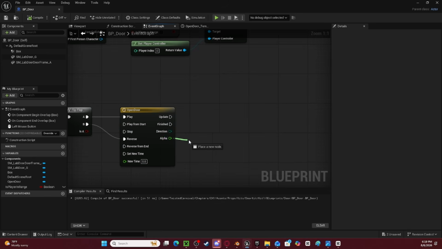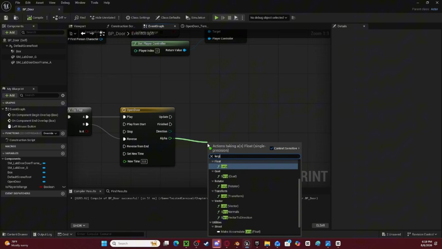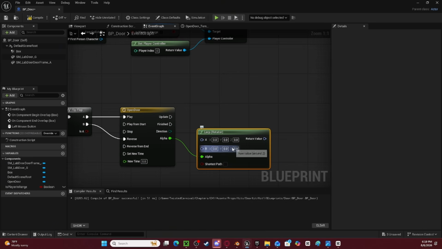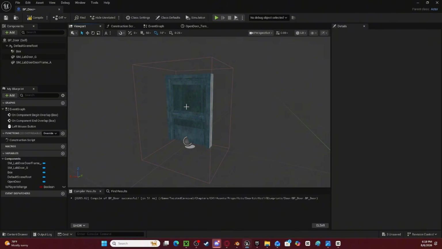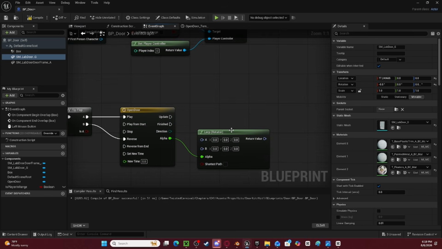On Alpha, you are going to get Lerp Rotator. I'm going to keep the A the same, but you can output your values, go to the viewport, figure out which way you want it to open. So for me, this would be negative 90 degrees on my Z value. So negative 90, keep the A at 0. You drag out the update,